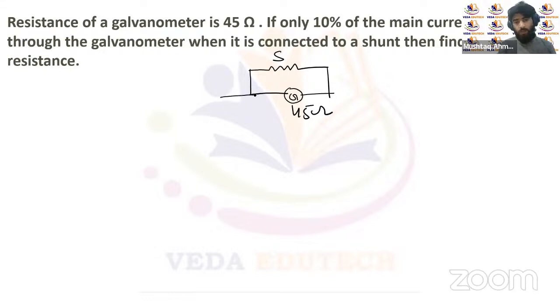This is the total current supply, that's I. If only 10% of the main current is flowing through the galvanometer, then the current through the galvanometer is actually 0.1 I, and the rest, 0.9 I, is going to flow through the shunt. Then we have to find the shunt resistance, and the shunt resistance will be